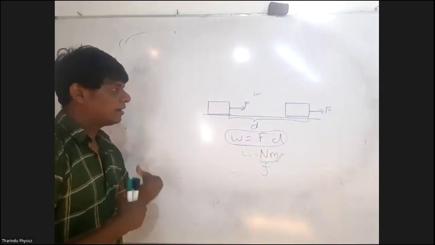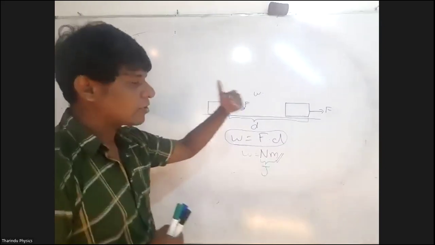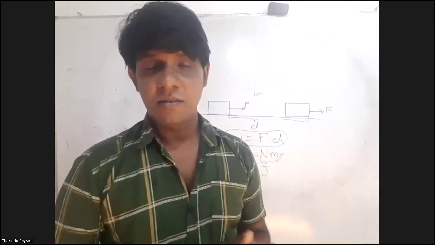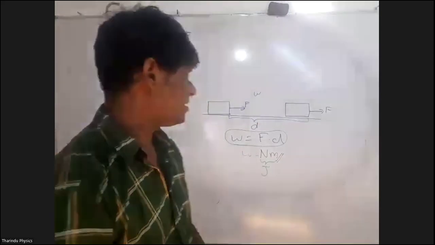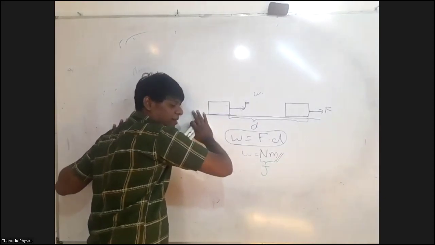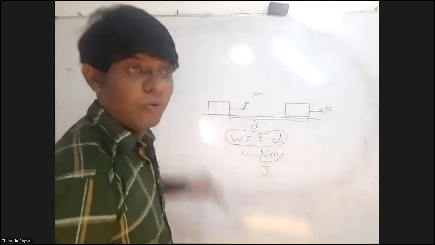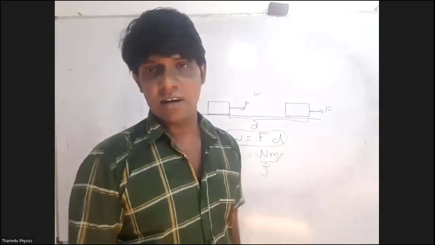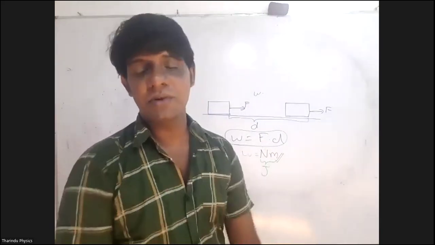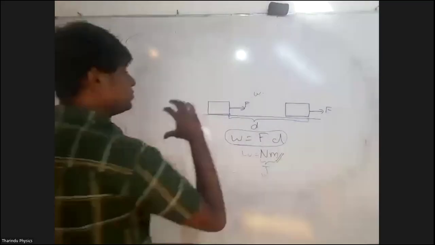So then we have to explain what is work. Work is the product of force and displacement. So there is no specific definition for work. If there is a force, but no displacement takes place, like imagine I'm just pushing this, but this does not move, that means I have done no work against that. I am only applying a force, without doing any work. Work means you have to do something. So the ability to do work is known as energy.